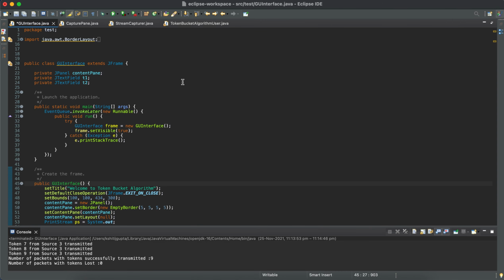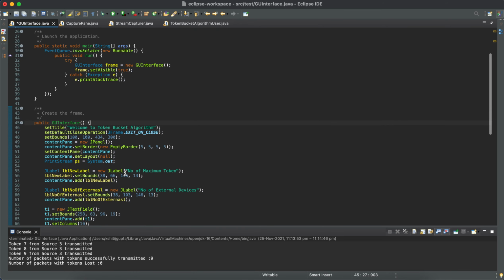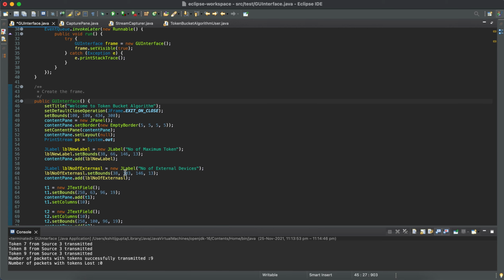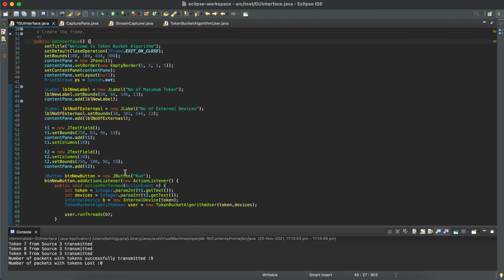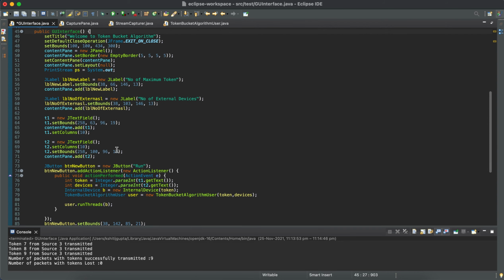Now in this GUI interface class, we have created the GUI interface of this particular token bucket algorithm. Firstly, we have created two buttons. The first button is the run button, which runs after taking input of the number of maximum tokens and the number of external devices.